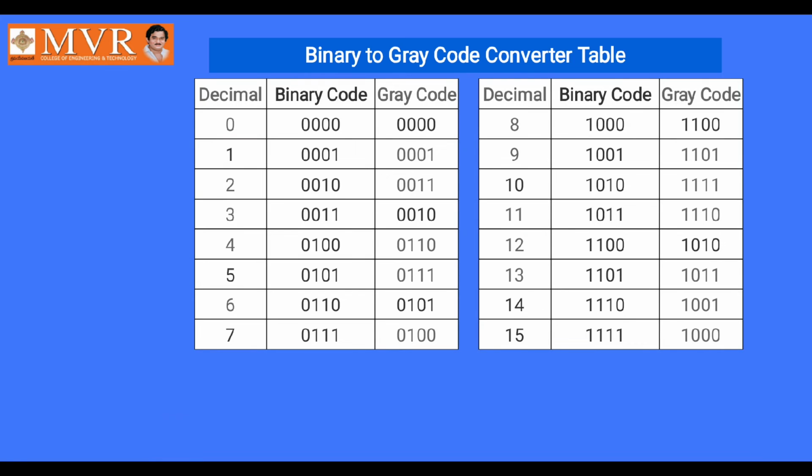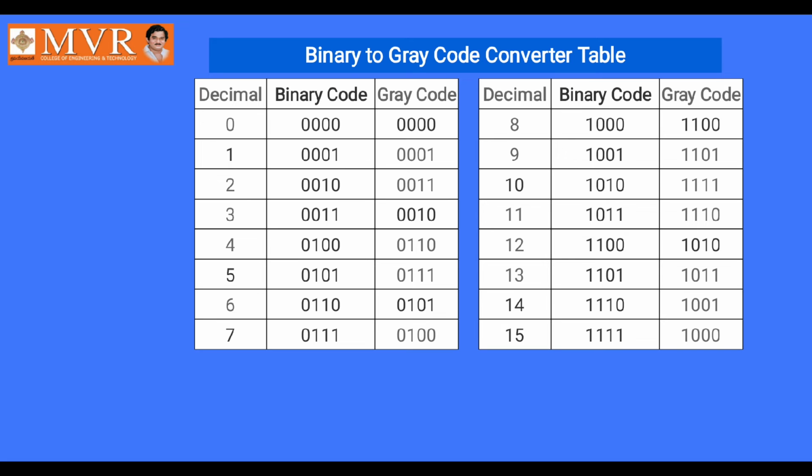Now we will see how binary to gray code conversion works. The table is given here. As I told you, you can see decimal 0 is 0, 0, 0, 0, 4 zeros. And decimal 1 has binary equivalent 0, 0, 0, 1. So how many bits changed there? Only one bit: the least significant bit changed from 0 to 1. Whereas for decimal value 2, if you compare 0010 with the previous binary code, the least significant bit 1 converted to 0 and the next bit 0 converted to 1, meaning 2 changes occurred.